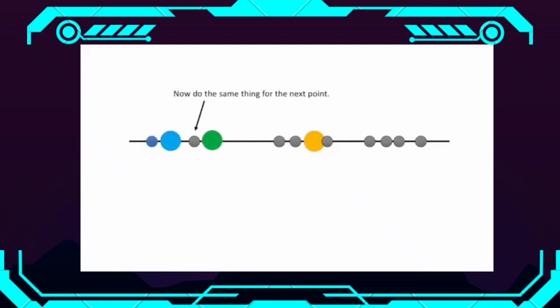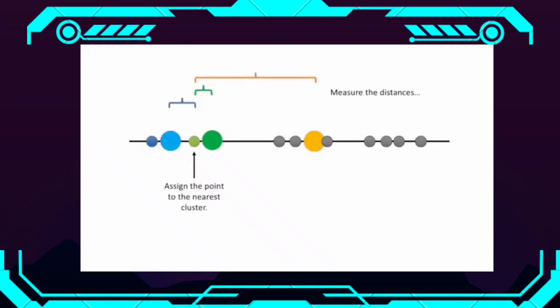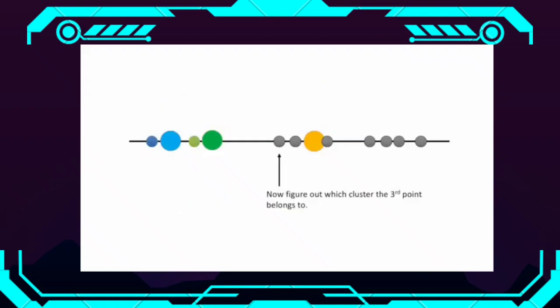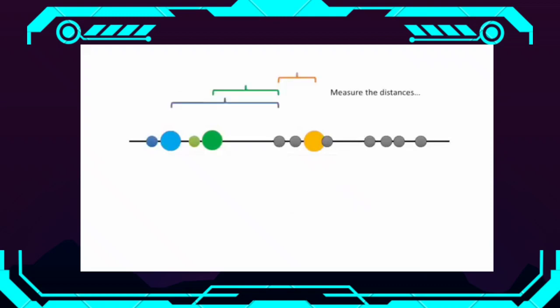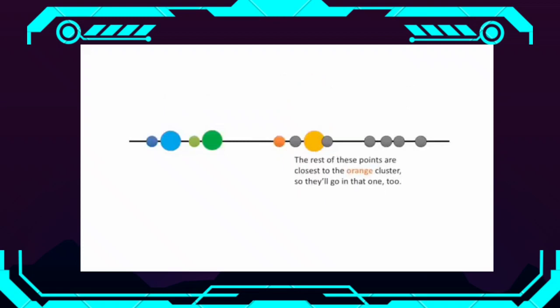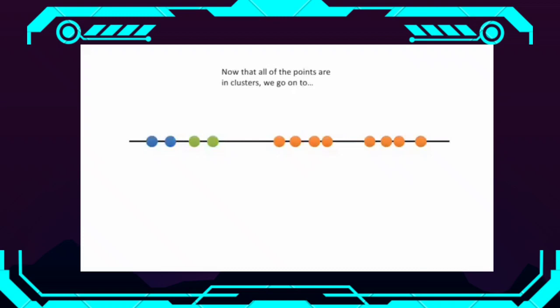Now we do the same thing for the next point. We measure the distances, and then assign the point to the nearest cluster. Now we figure out which cluster the third point belongs to. We measure the distances, and then assign the point to the nearest cluster. The rest of these points are closest to the orange cluster, so they'll go in that one too. Now that all the points are in clusters, we go on to